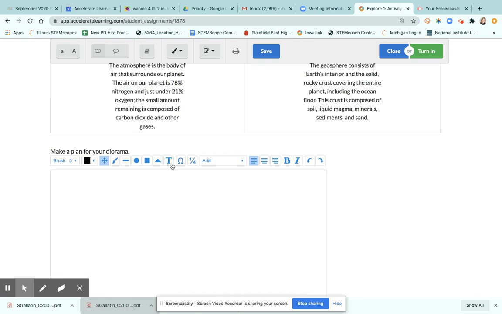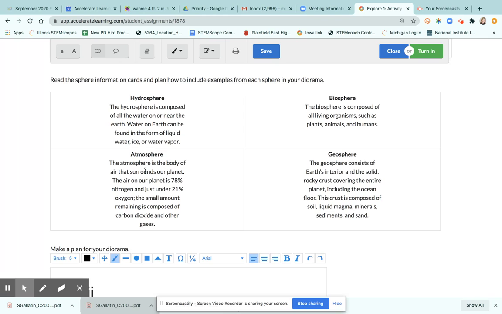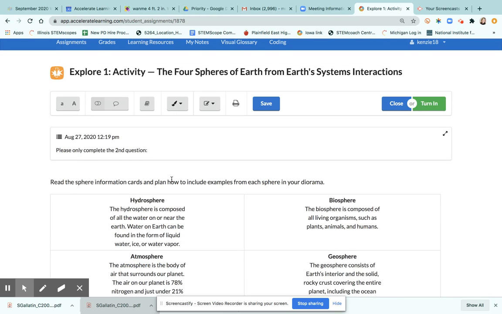So you're going to use these tools. That's a text box. Go ahead and answer or make a plan. You can draw using the paintbrush. So you want to kind of decide which tools work best for you to fill out the answer to the question. Once you're finished,